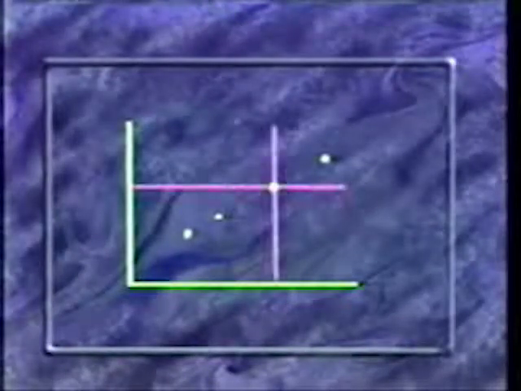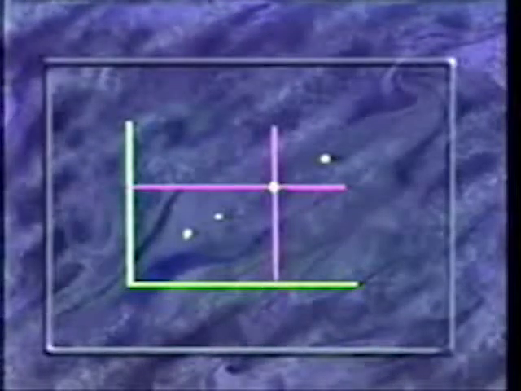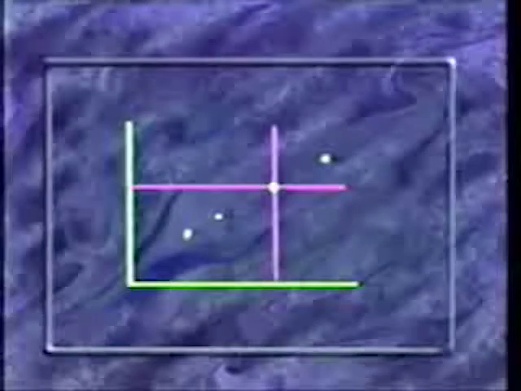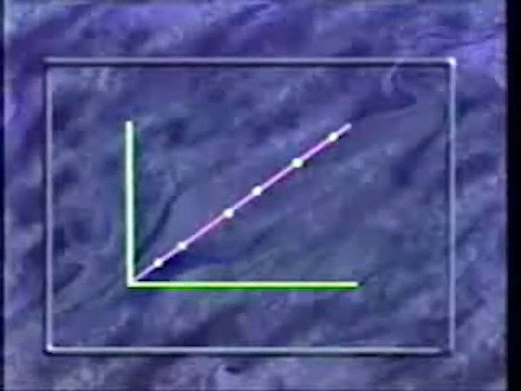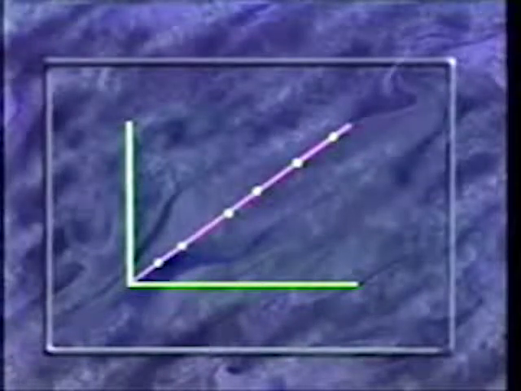Each dot on the graph indicates one person's score on the 2 administrations of the test. If we draw a horizontal line through a dot, we discover a person's score on the first administration of the test. Drawing a vertical line through the dot tells us the individual's score on the second administration of the test. Here you see a graph of a perfectly reliable test. All of the dots or points in this graph fall along a single straight line.